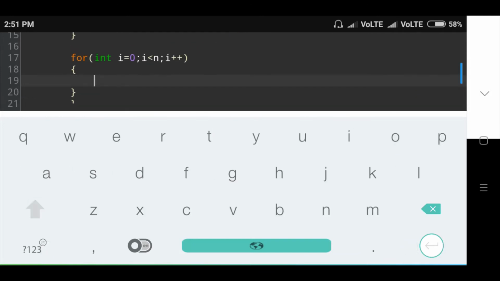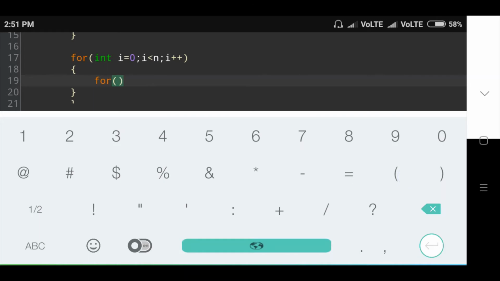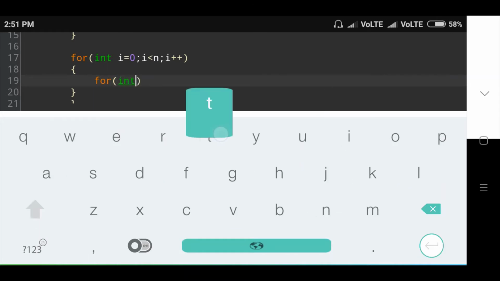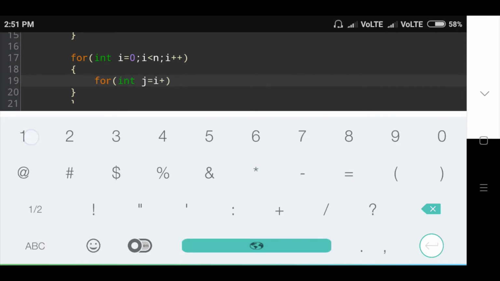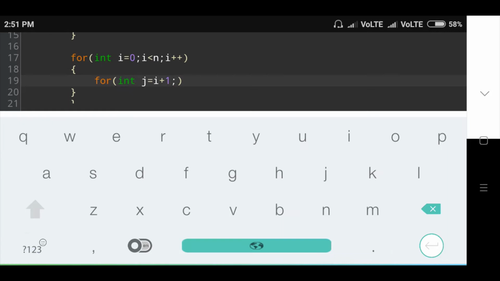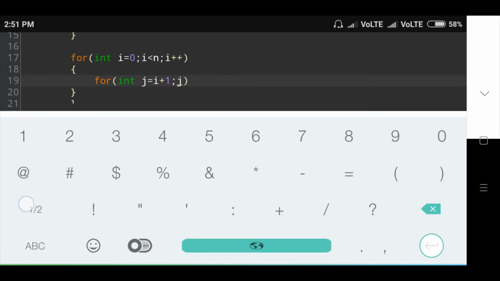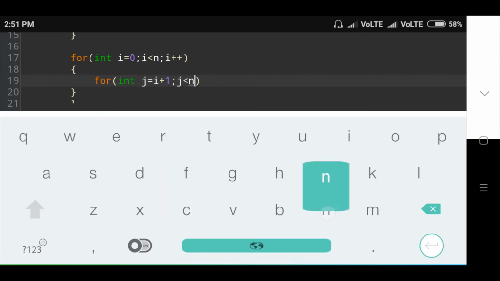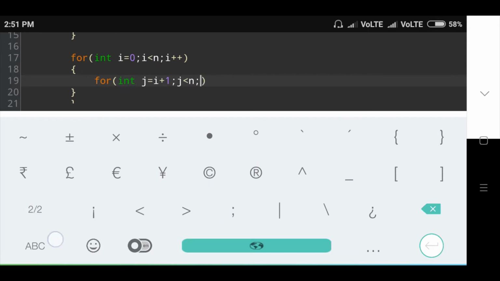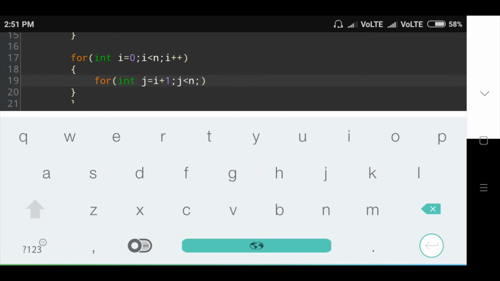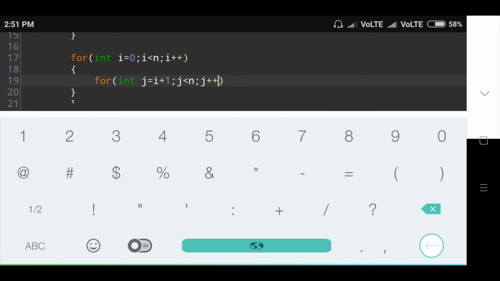Inside this for loop, the next for loop condition is integer j is equal to i plus 1, then j is less than n and j plus plus.